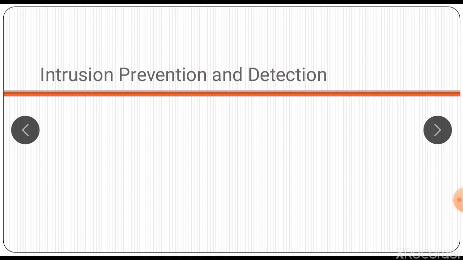Intrusion detection is the process of monitoring the events occurring in your network and analyzing them for signs of possible incidents, violations, and imminent threats to your security policies. Intrusion prevention is the process of performing intrusion detection and then stopping the detected incidents. These security measures are available as intrusion detection systems and intrusion prevention systems, that is IDS and IPS, which become part of any network to detect and stop potential incidents.